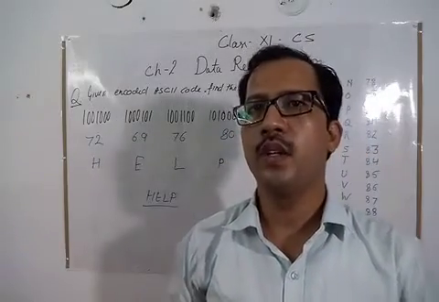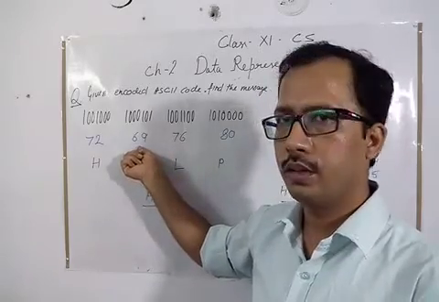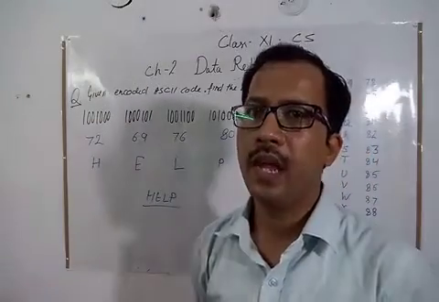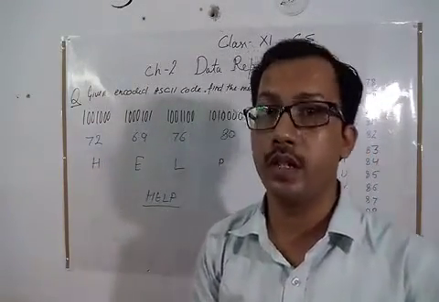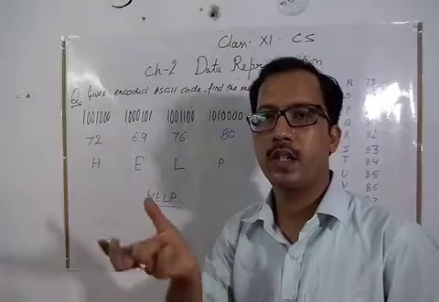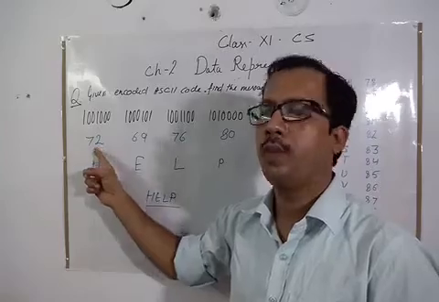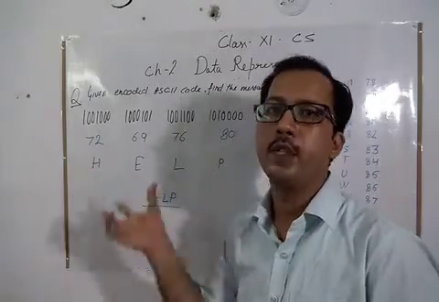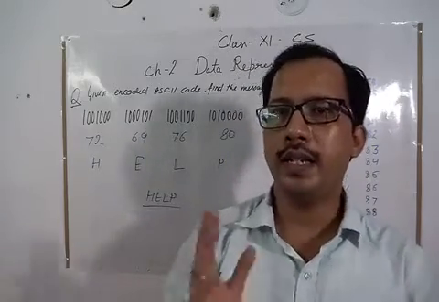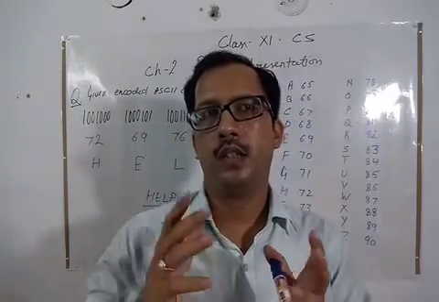Okay, you got the idea? This is the method by which the computer converts the given message into the ASCII value and then into binary, and then it is stored in the computer memory. When the computer wants to give you some result, the result is first in the form of binary. So the computer converts the binary data into the ASCII equivalent codes. Then from the codes it obtains the message, and after obtaining the message it displays or prints it as required.